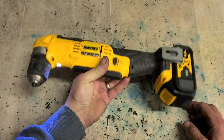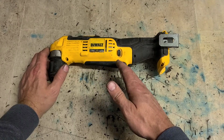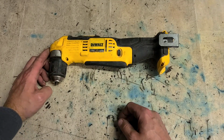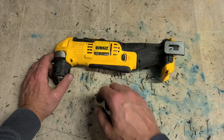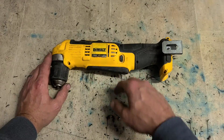She's doing nothing. Just because it does nothing does not necessarily mean the motor's gone. It could also be a switch or a controller or something like that. To find out if it's burnt out or worn out, you still have to open the machine to actually look at the old motor. But one telltale way to tell